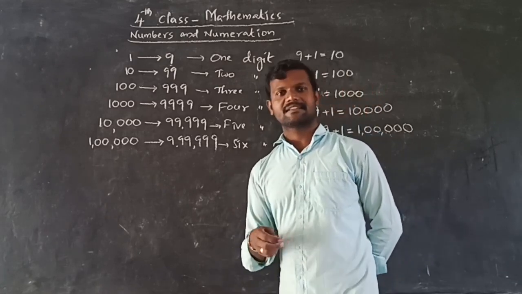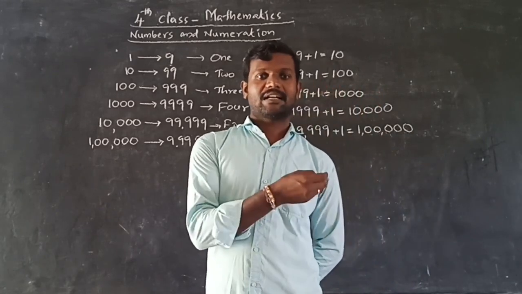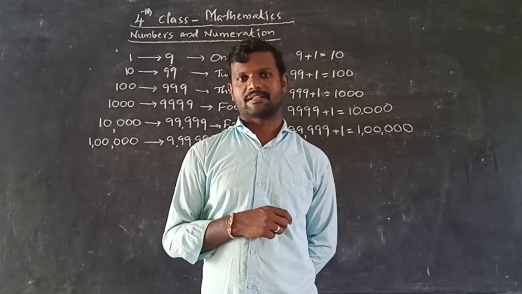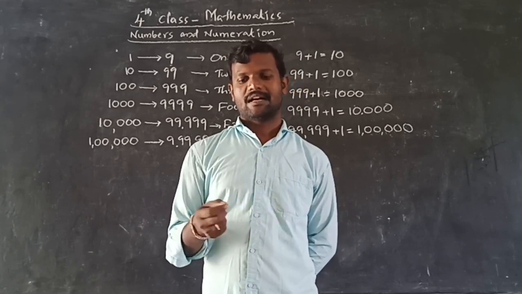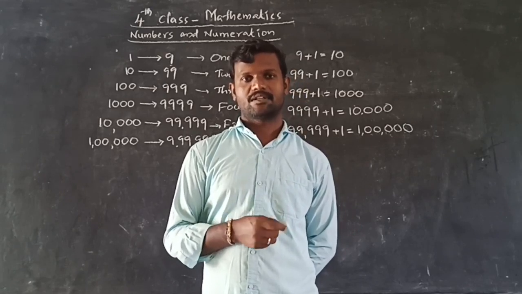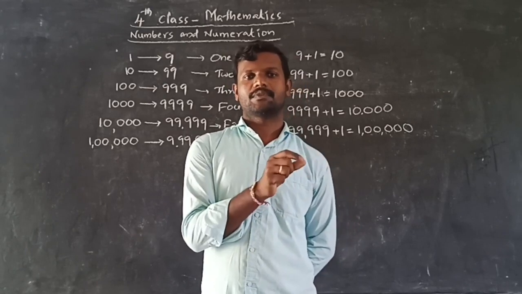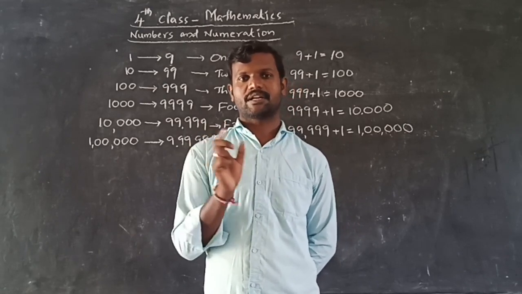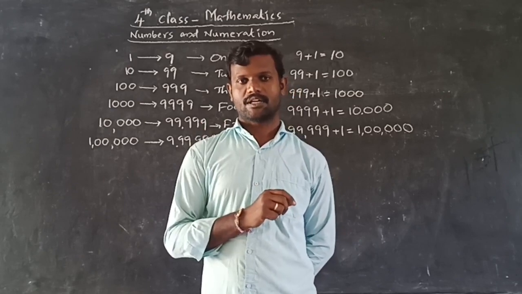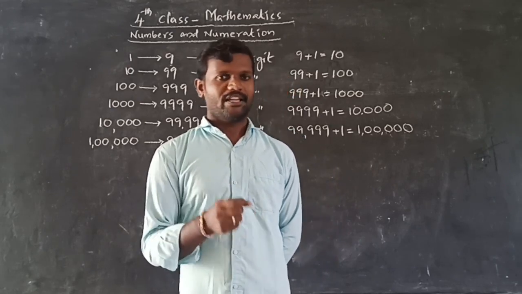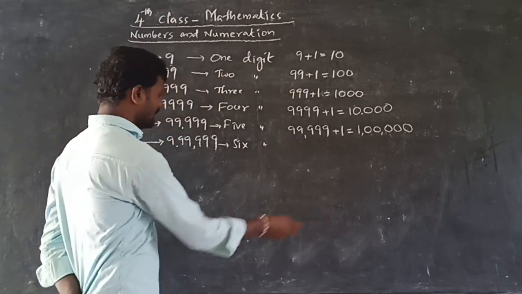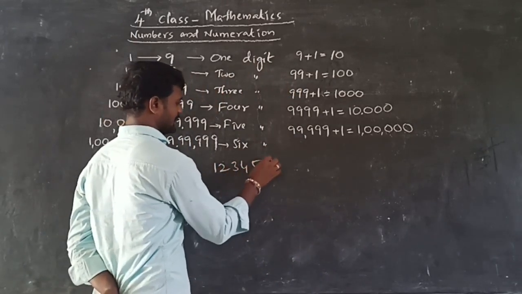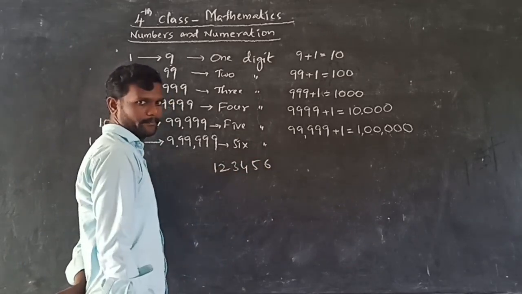So in the rewind exercise, whatever we wrote in 4th class, those are only given. So answer them. How do you have to answer? Write the number name for a numeral that is given. If a number name is given, then you have to write the numeral. Okay. So if any number is given like this, 1, 2, 3, 4, 5, 6, a 6 digit number is there.